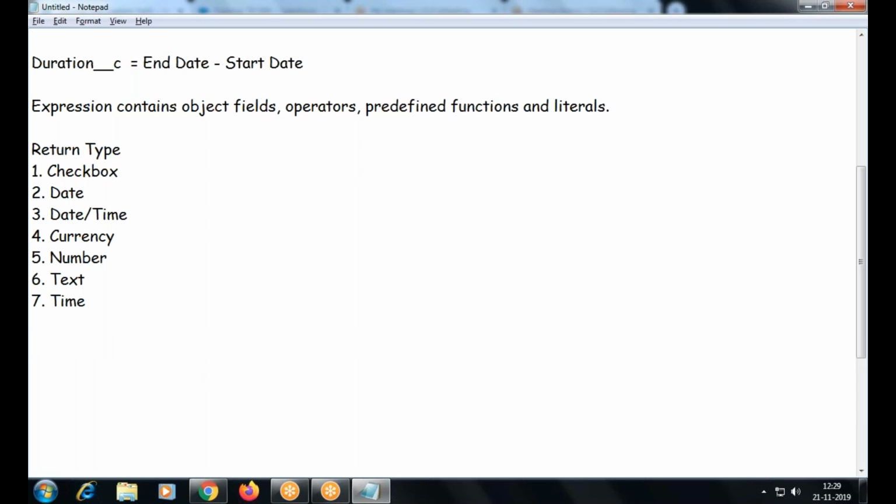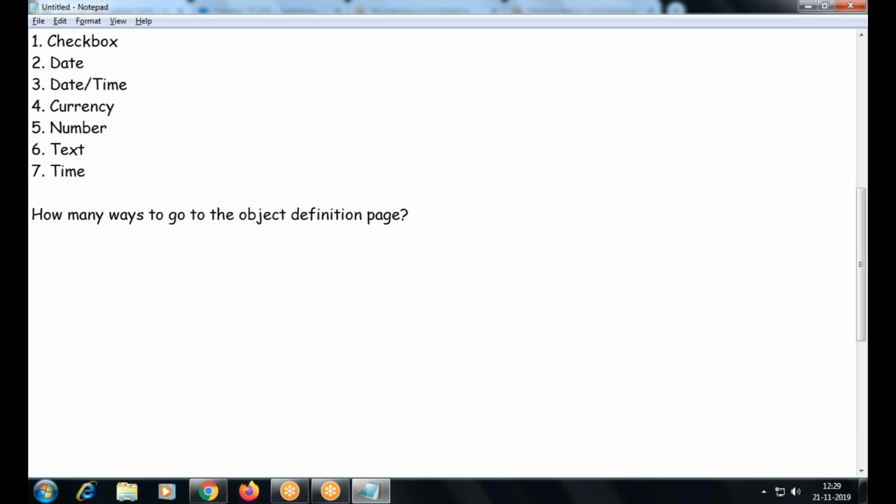Before I start this, when I say object definition page, do people know what I mean by object definition page, where the object definitions like name, API name are, and from where I can go to the page layout, where I can add the field, right?